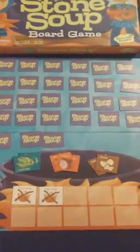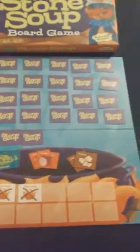What you want to do is fill up the pot with all of the foods before the fire goes out, right? It's pretty straightforward. You just take turns and hopefully you find a match and put it in the pot instead of getting a fire out card, and the fire goes out. And then we have another game that's really a similar thing, except